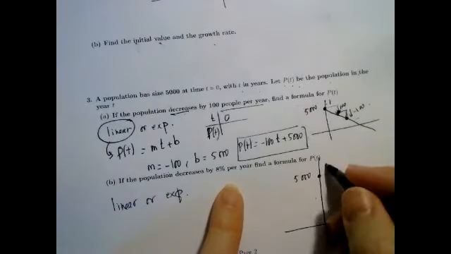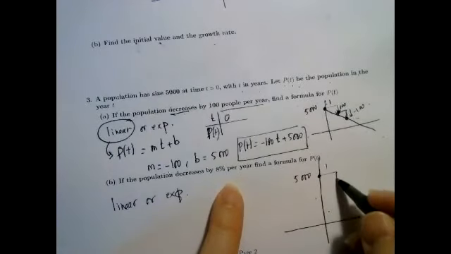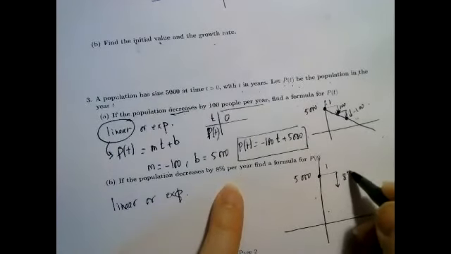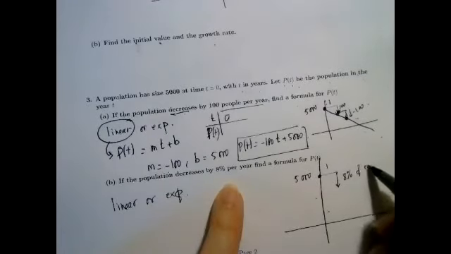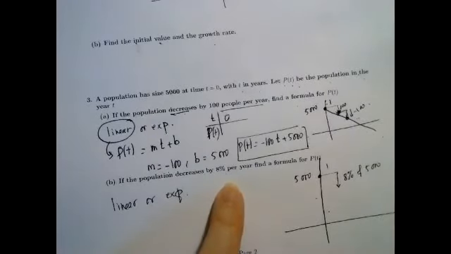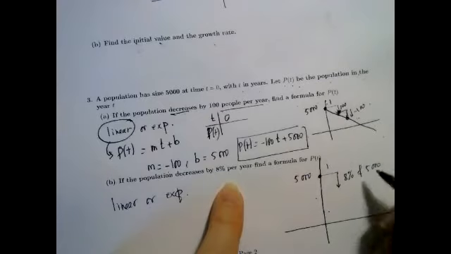After 1 year, it's going to decrease by 8% of 5,000. Now, 8% of 5,000 means 5,000 times 0.08. So it's going to decrease by 400